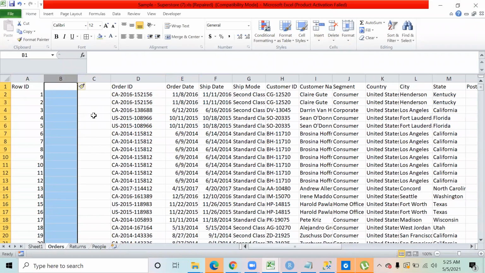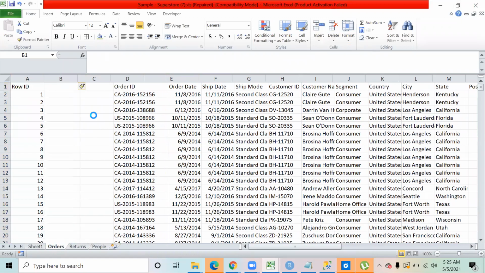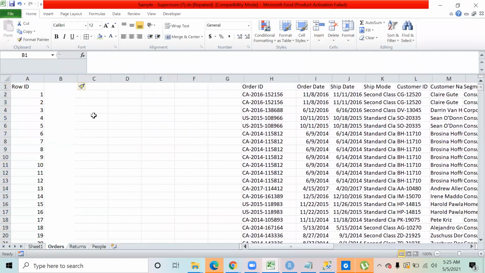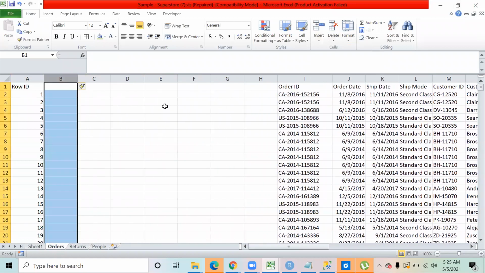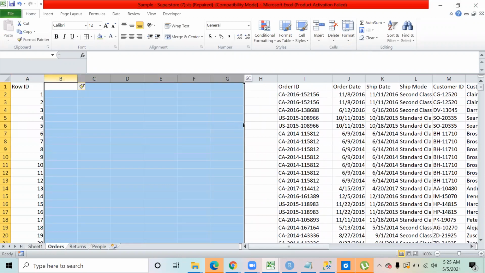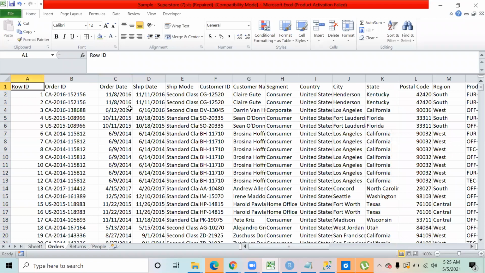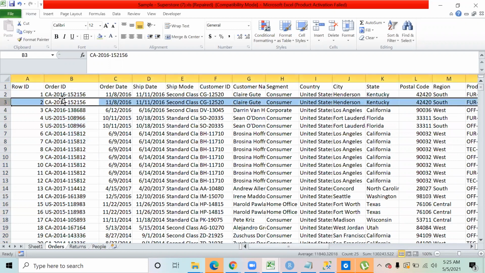And there's a shortcut also for that. That is Control Shift Plus. If you press Control Shift Plus, there's a shortcut to add a new column. Now this is a shortcut that you will be using a lot, so you can take a note of this. If you have to select a complete column, if you want to select column B, you can press Control Space. When you press Control plus Space, it selects the entire column, and when you press Shift plus Space, it selects the entire row.